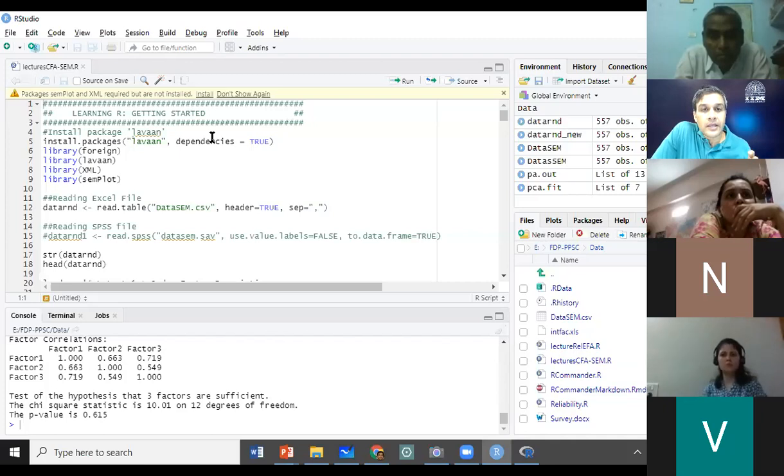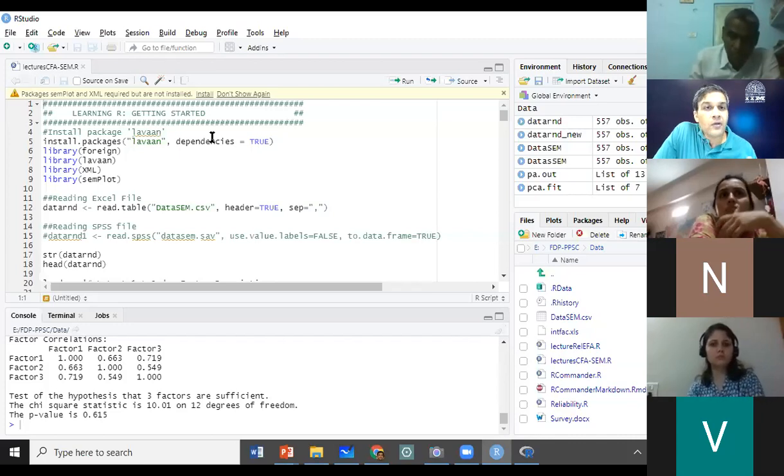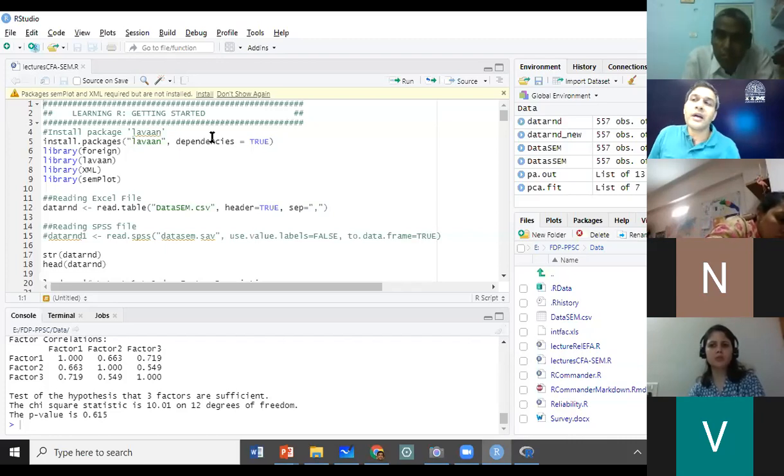Now we will go to another package through which we do CFA and structural equation modeling, and this package is called lavaan. If you break it down, what does lavaan stand for? LA stands for latent, VA stands for variable, and AN stands for analysis. So it stands for latent variable analysis, lavaan.